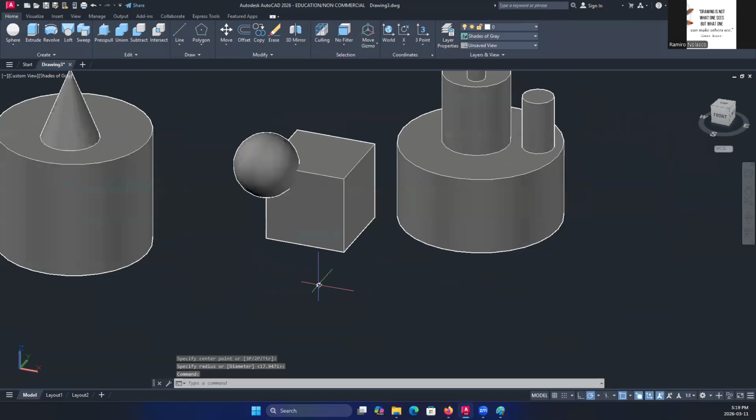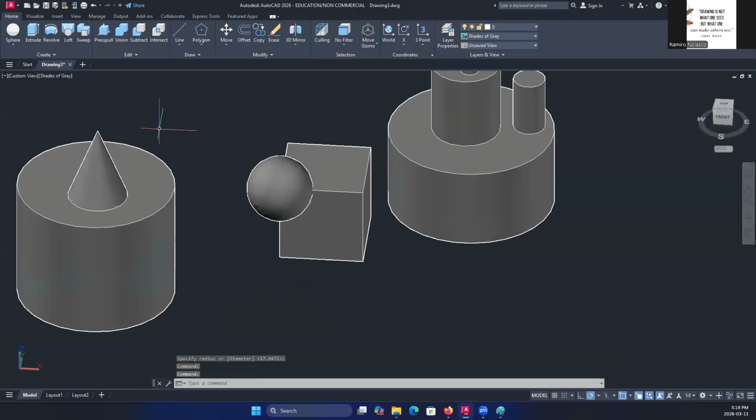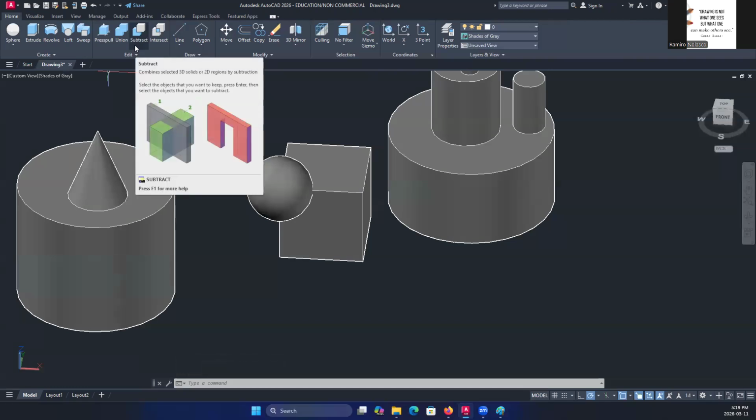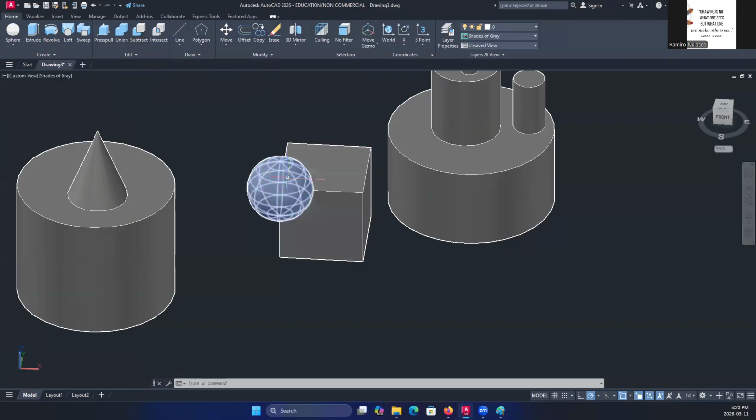Now, aside from the pyramids, there are what we call Boolean operations. I don't know if you're a mathematician. Boolean operations: union, subtract, intersect. If two solids are overlapping each other, I can subtract.